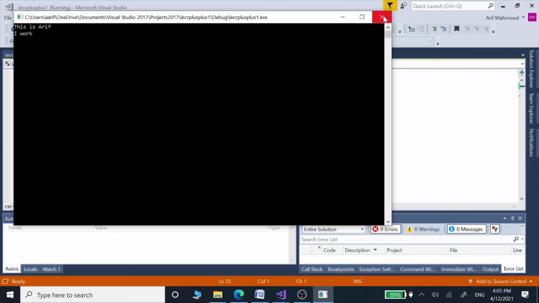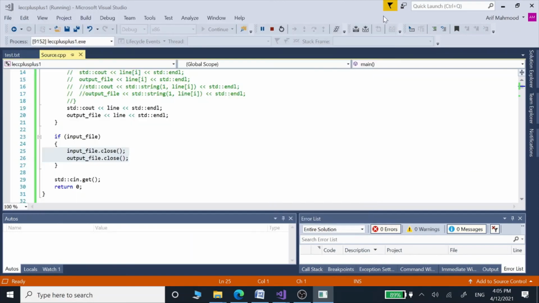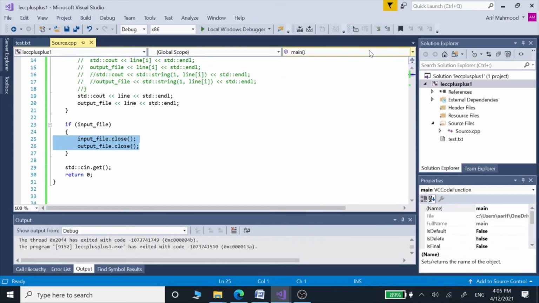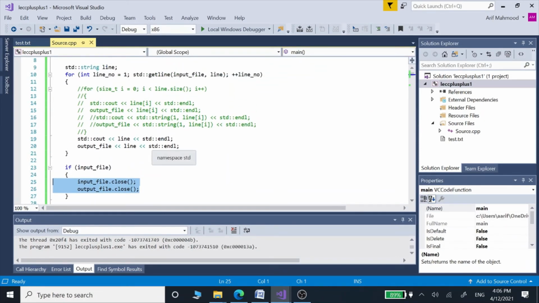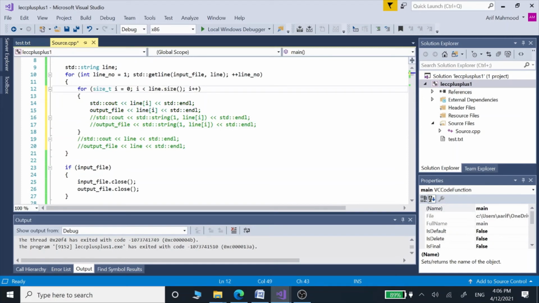Now we are getting strings as output, and now we are going to convert these strings into characters. In order to do that, we are going to comment out these lines, because now we want a different output, and we are going to include these lines into our program.